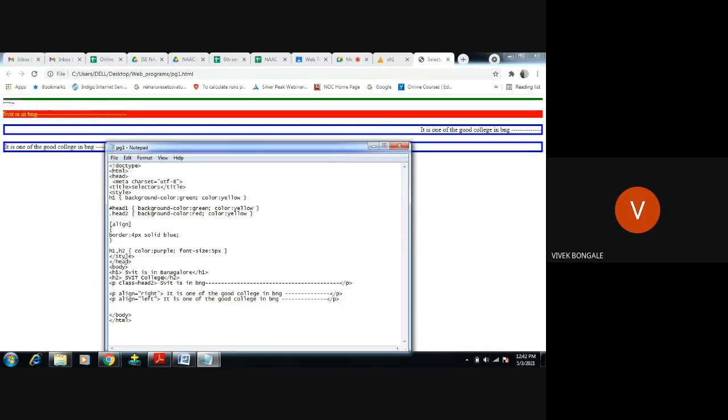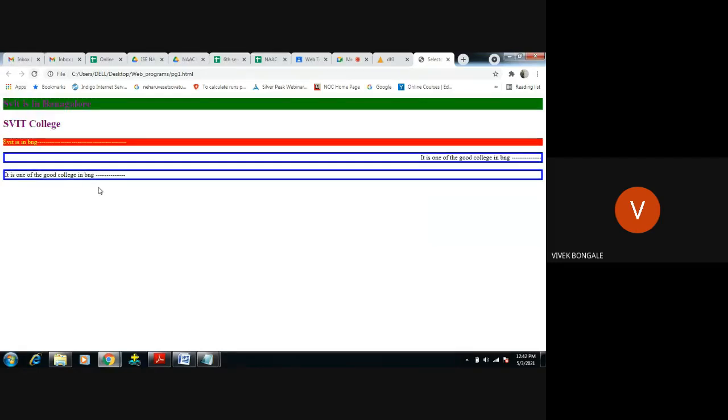Okay, style h1 comma h2, color is purple. Font, we'll just check this. We'll just increase this font size to like 25. Okay, Control S. Yes, see, because the font size was very small, that is the reason we were not able to see.